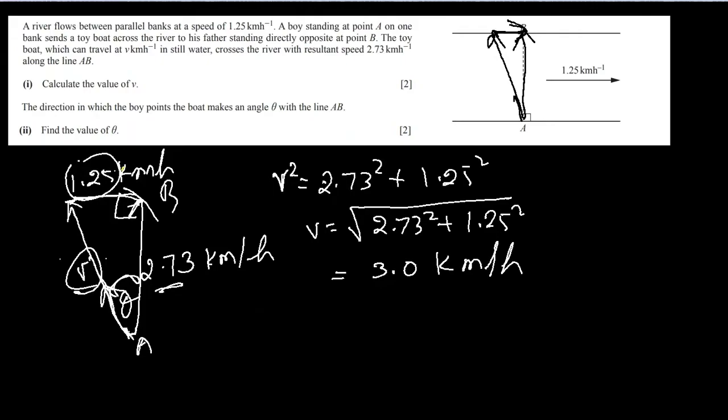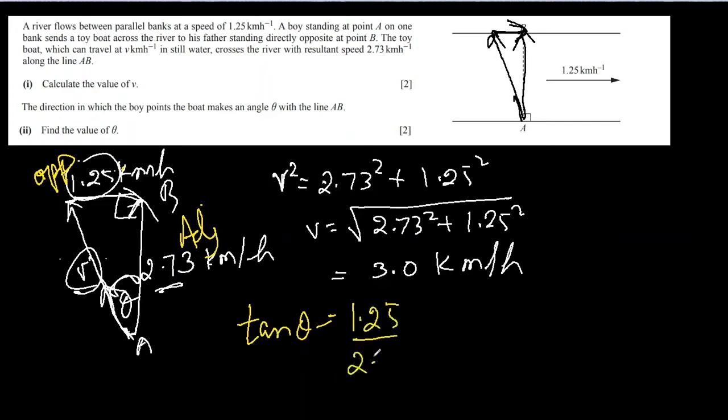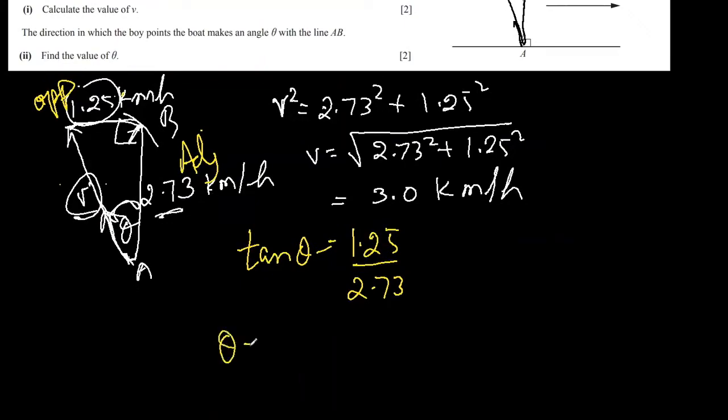Since I'm available with the 1.25 and 2.73 here, straight away I'm using it. You can use anyone else. So tan theta, because it's opposite. This is adjacent. Opposite over adjacent is tan. So 1.25 over 2.73. And that's why theta will be tan inverse 1.25 over 2.73. Put this in your calculator and you will get